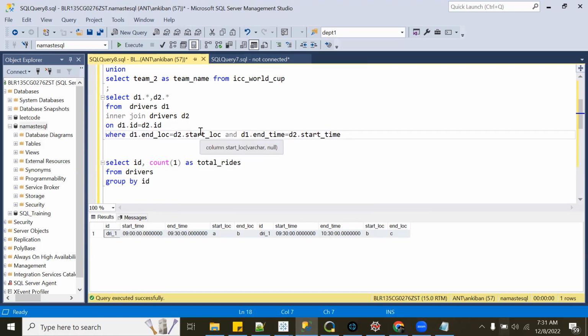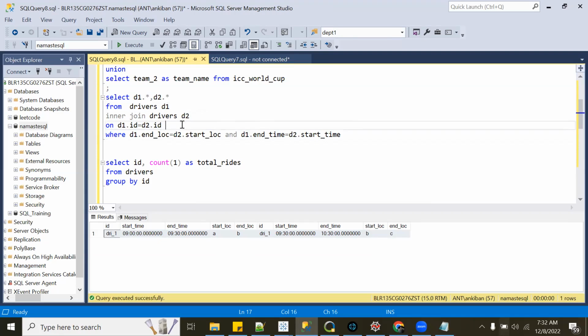This will also work, but think about it. This is the order of execution, right? So what will happen if we do that is, first this much is executed, and then the where condition will be executed, right? First the join will happen, and then where will be executed, which means performance wise it will not be good,